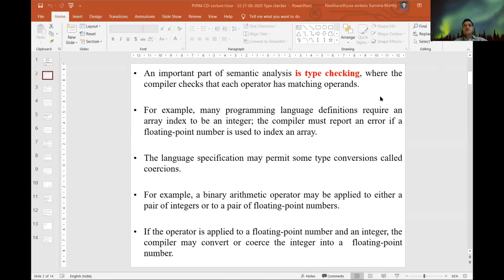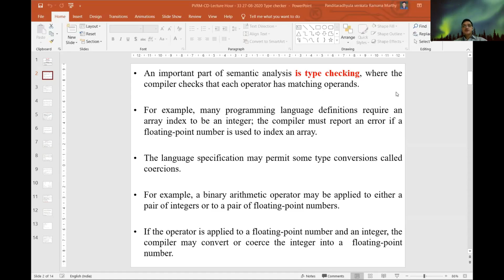A of 0 represents the first memory location or first element, A of 1 the second element, A of 2 the third element, A of 3 the fourth element, A of 4 the fifth element. But we never say A of 2.5 or 2.4 or 3.6. The location must be specifically an integer only. We can't say 2.5 element, 3.5 element.